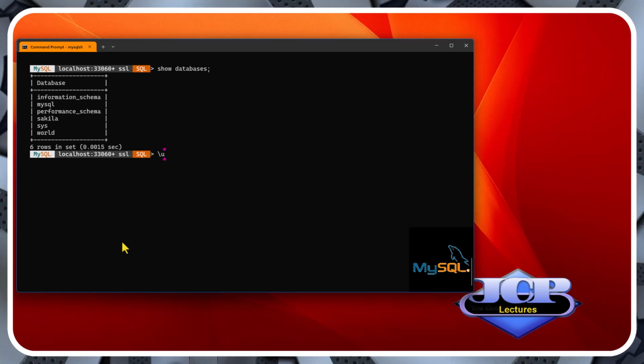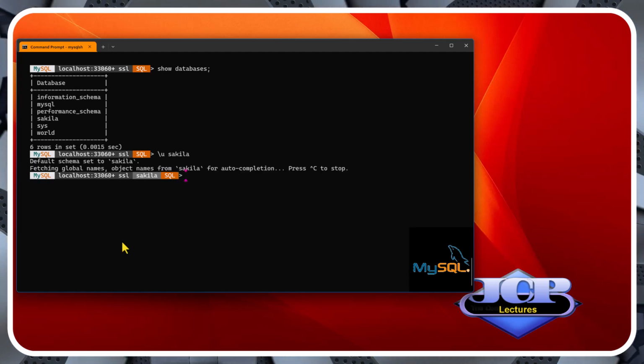A database list shows, and let's use Sakila. The shell prompt shows now that we are connected to localhost using port 33060 and that Sakila is in use.